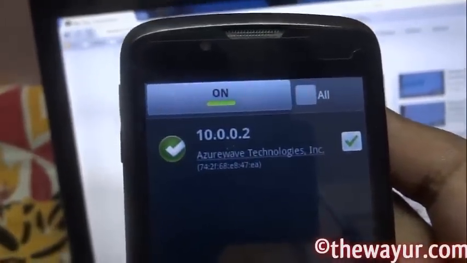Now let's see if I can use the internet. No, I cannot, and it has shown that this particular client cannot use the internet.